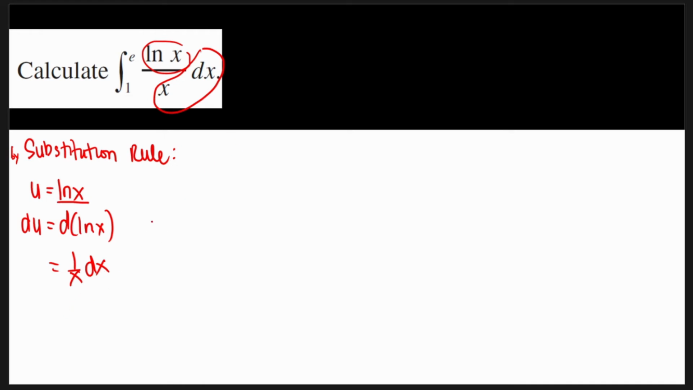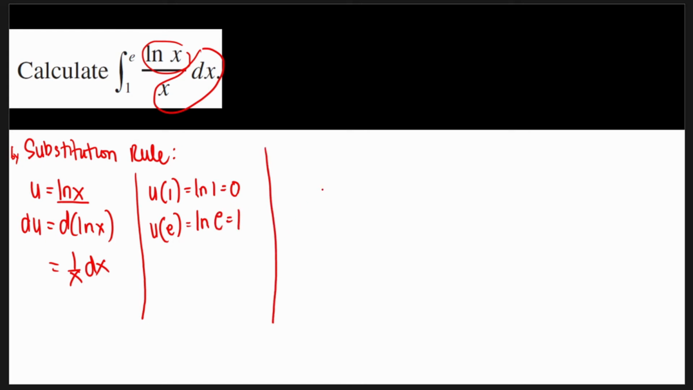Also, since this is a definite integral, you need to also change the value of your upper and lower limit. So at 1, that will be ln of 1, which is equal to 0. And for u of e, or the Euler number, that is ln e, which is equal to 1. So our integral would be, so rewrite this one, so ln x